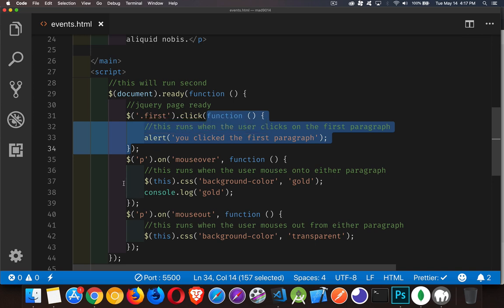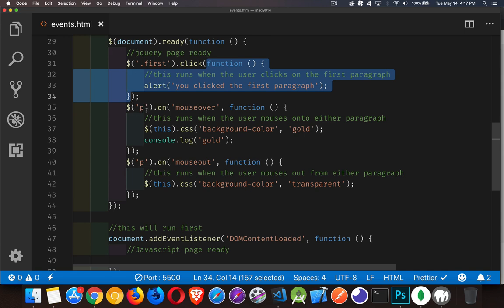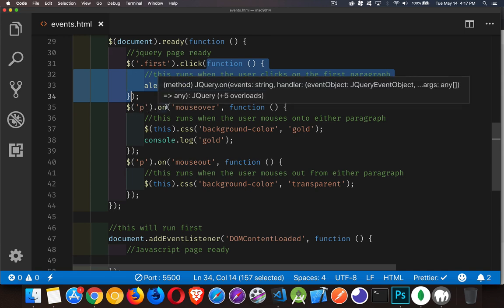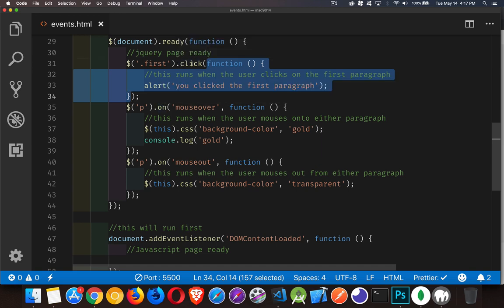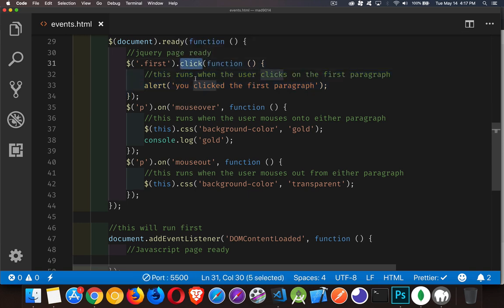For the mouse over and mouse out, I'm saying here, find all the paragraphs, and we're going to add some sort of event using on. Now we could have done that up here as well. We could have said .on and then put click inside of here as the first parameter, instead of the click method. So I'm just showing both ways of doing it. There are built-in methods for a whole bunch of the events like click, mouse over, mouse out, hover, things like that. You can also express them this way with on, and then you put the string representing what the event is. So mouse over, mouse out, when those happen to all the paragraphs, we're going to call this function